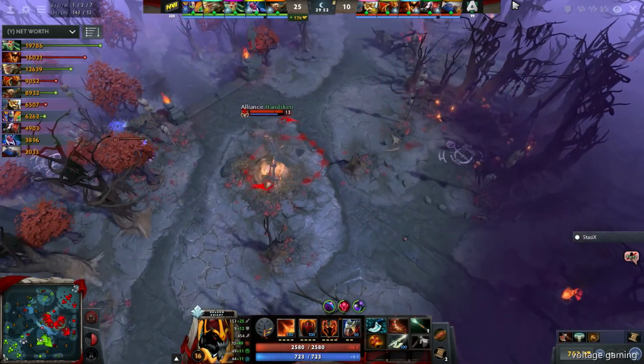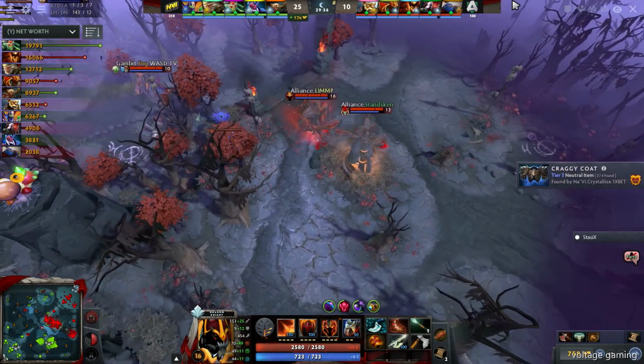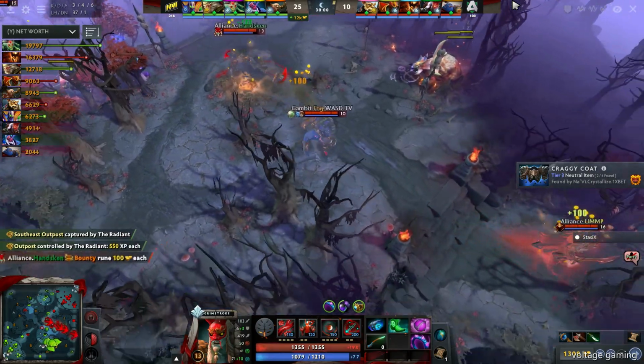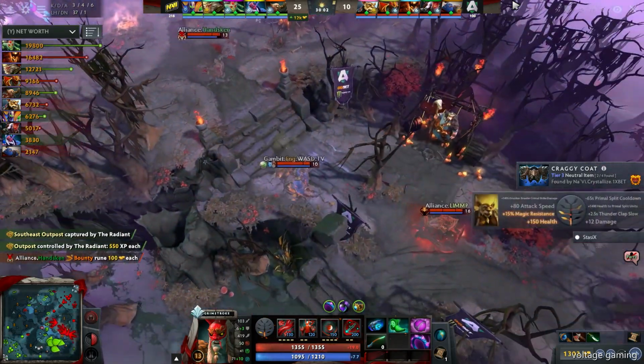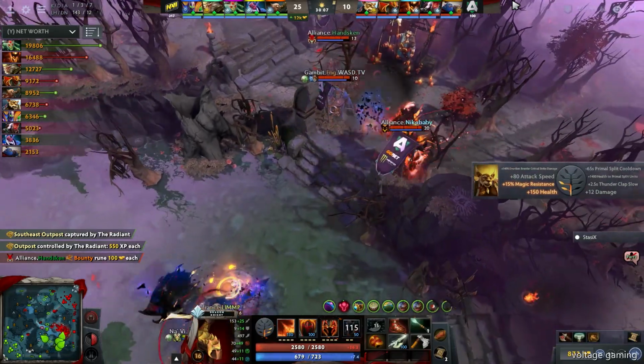This is their chance at coming back in the game, somehow taking a fight where they kill a couple of enemy supports. Disruptor doesn't have buyback. Rubick actually doesn't either. He does soon though. But if they could open up on the supports and kite the Medusa and the Killer last, that